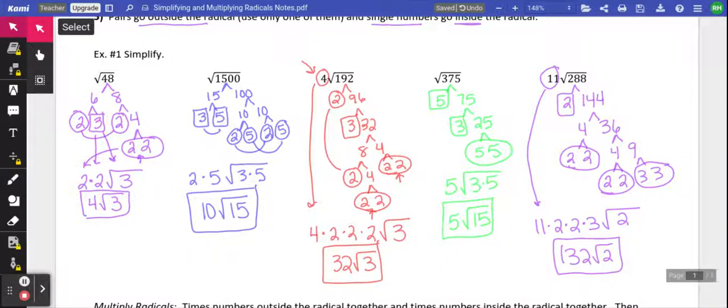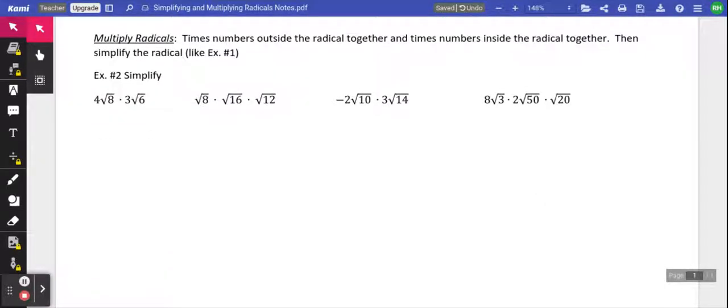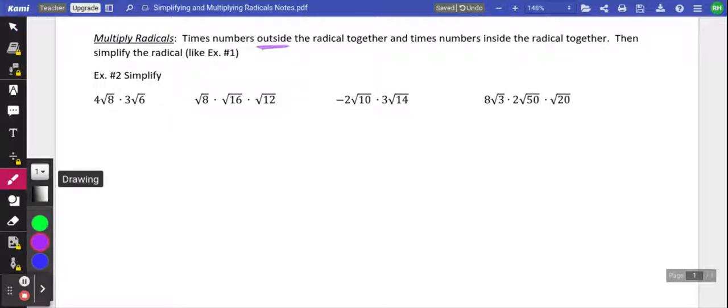Okay. So that's simplifying by itself. Now, multiplying adds in one step. And that one step is to multiply any numbers on the outside of the radicals and any numbers on the inside of the radicals. Get your new problem that's simplified down, and then we're going to break that one down even further. Okay, so for here, 4 and 3 are on the outside, so I'm going to multiply those to get 12. 8 and 6 are underneath the radical, so if I multiply those, I get 48, and it stays